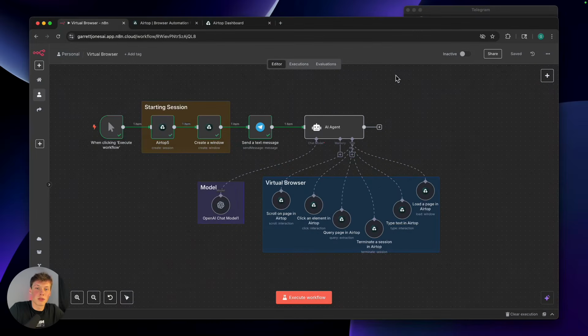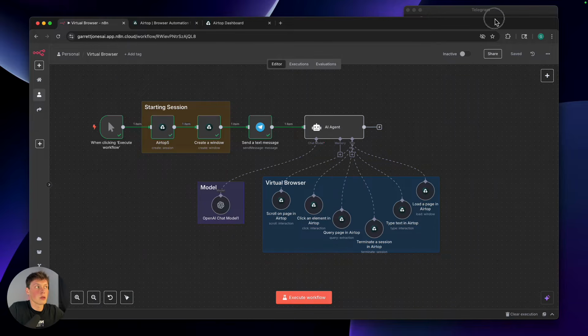Today I'm going to be showing you an AI agent that can actually use a web browser just like a human can. So let me start off with a quick demo, show you exactly how this works, and then I'm going to show you how you can download this template for completely free and set it up so you can start exploring this yourself. So we can start by opening a live link to watch the agent actually interact with